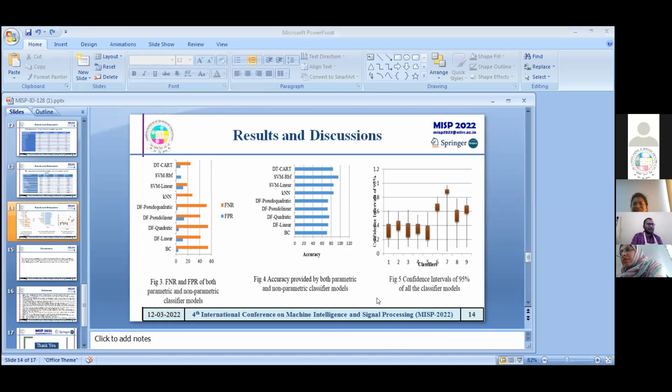Two more questions I will ask. One more question is related to this. You have not compared your work with any state of the art work. Okay, these are your findings. Second thing, as you are telling parametric, as you increase the number of parameters, what output are you expecting? Will the model get overfitted or underfitted?